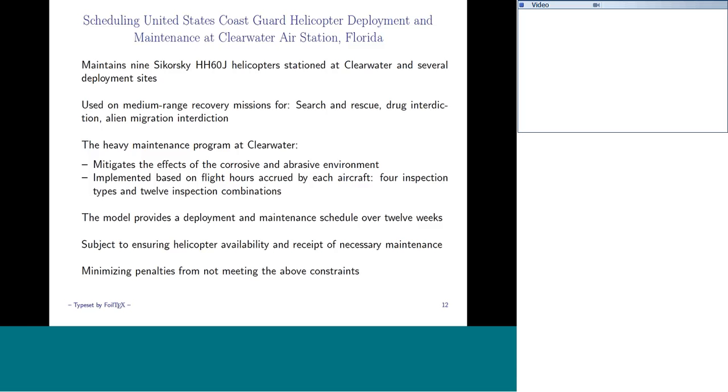So the idea is that over a 12-week horizon, we wanted to provide not just a schedule of how these aircraft were supposed to deploy, but also when they were supposed to go into maintenance. And we wanted to make sure that when the aircraft queued for maintenance or were sent into maintenance, there actually wouldn't be a large queue of aircraft in front of them. Because prior to our model, what had happened is that all of a sudden the aircraft had flown their requisite number of hours, so they couldn't fly anymore, so they were grounded and they had to sit there because another 3 aircraft were already in maintenance and they didn't have time for more than 1 or 2 aircraft, depending on whether the extent of the maintenance was extensive or not, so depending on the flight hours.